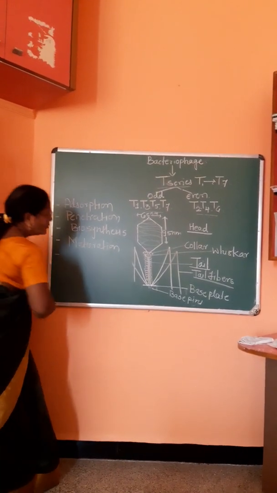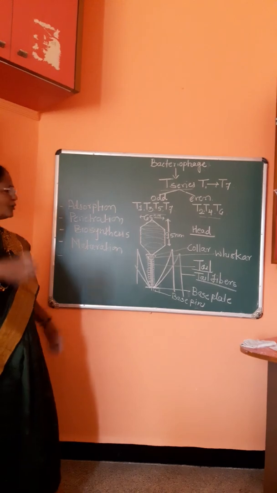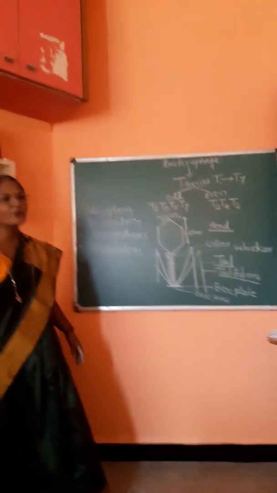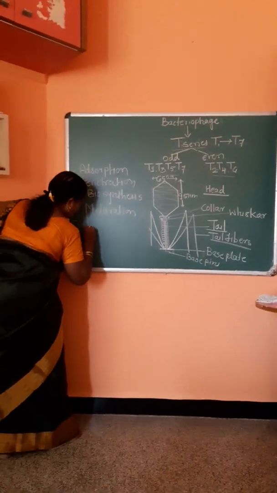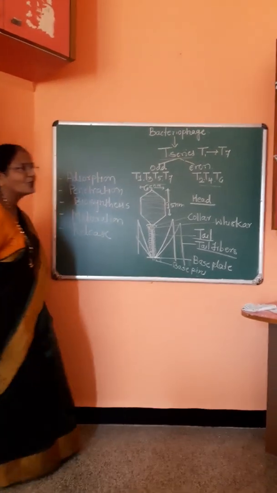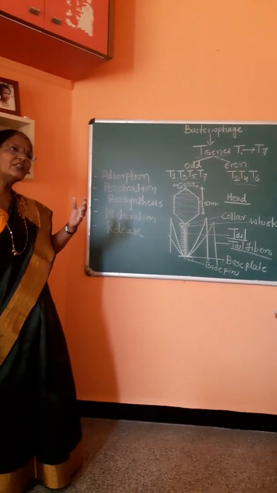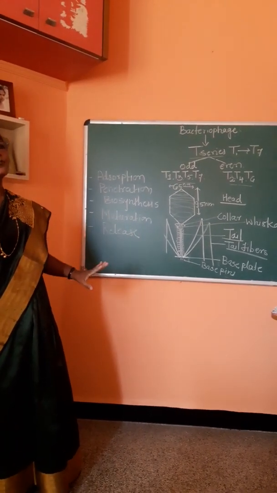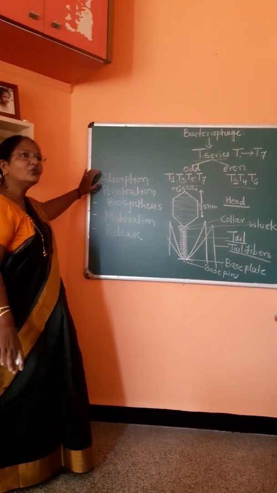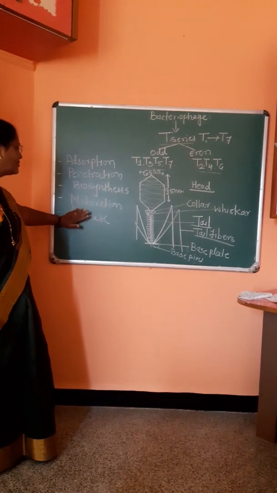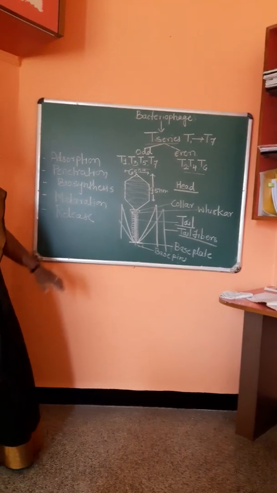And the last one: once the viruses get assembled to form an intact viral structure, they rupture the host cell and come out, which is called the release of bacteriophage from the host cell. So when you study the reproduction of any type of virus, you have to go through these basic steps: adsorption, penetration, biosynthetic phase, maturation, and release of viral particles.